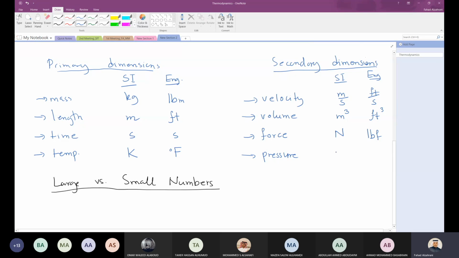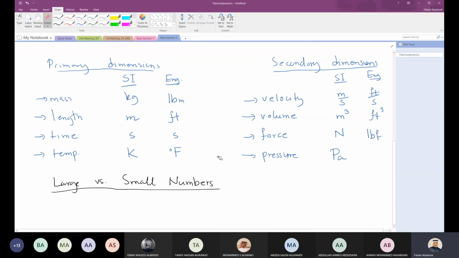I know pressure is a very important property in this course. The primary unit for it, or the SI unit, is what we call Pascal. The Pascal is Newton per meter square. Okay, Newton per meter square. And as I said, Newton is kilogram times meter per second square. So this is the SI unit